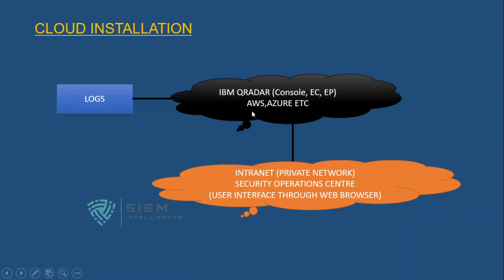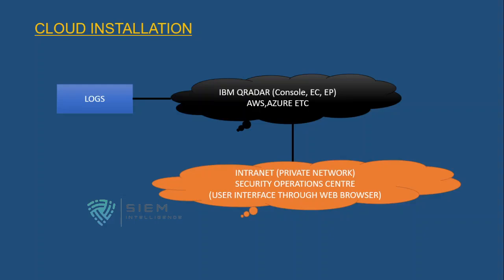Why? Because flows are something that, you can say, rapidly hit over the network. So any cloud administration software won't allow you to send flows in their environment, because there may be chances of flooding. That's why they won't allow you to send any kind of network logs. So the drawback of this particular cloud installation is that you can install it for only log collection. Other than that, it will work for the entire thing except flows.